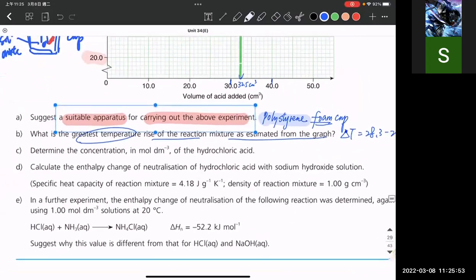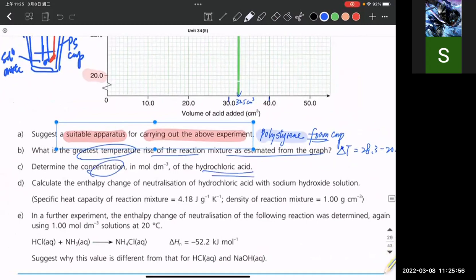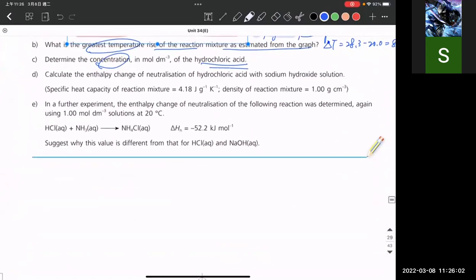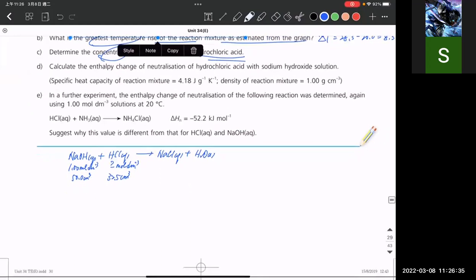Now, determine the concentration of the hydrochloric acid. So you are going to do the calculations later on here. So you are going to find out NaOH(aq) + HCl(aq) gives NaCl(aq) + H2O, with 1 molar, 50.0 cm cube. Wow, this is, I don't know what molar, but it is 32.5 cm cube. So according to this equation, the number of moles